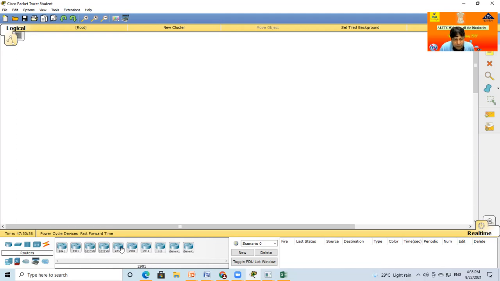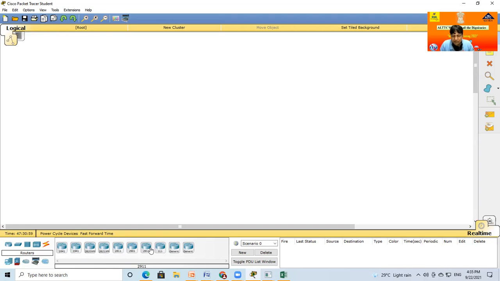Now in this router, a lot of versions are available. All routers are the same, but they differ by version, like when you purchase a scooty or bike, there is a 100 cc, old version, new version. It is the same in computers: earlier Pentium, then i1, i2, i3, i4.